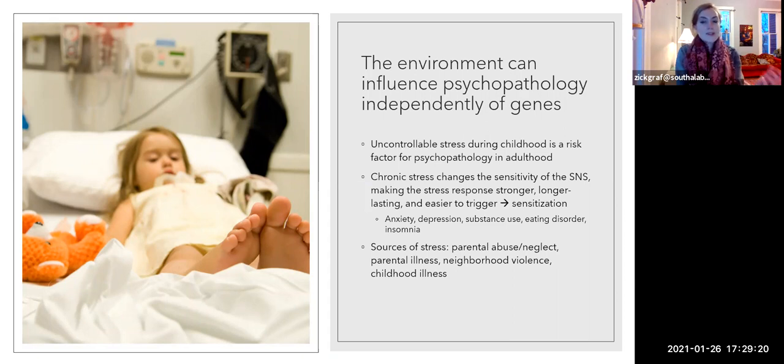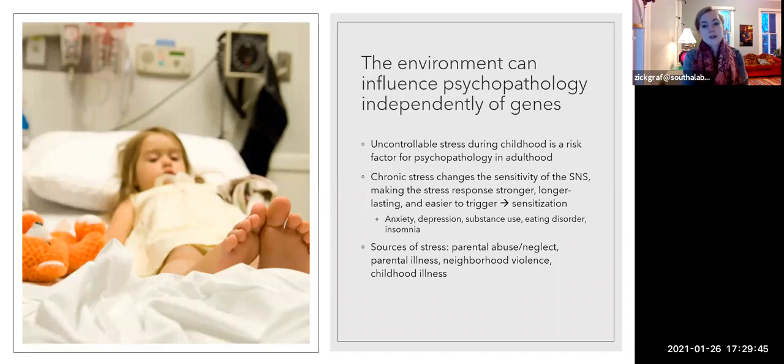With twin studies and adoption studies, we can actually start to break down the percentage of risk that is accounted for by genes and the percentage of risk that's accounted for by the environment. Disorders like anxiety and depression, substance use, eating disorders, insomnia, PTSD, there's a strong environmental component to these disorders independent of genetics. Some of the most potent sources of childhood adversity are child maltreatment, so parental abuse and neglect,